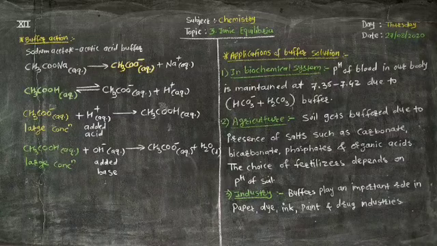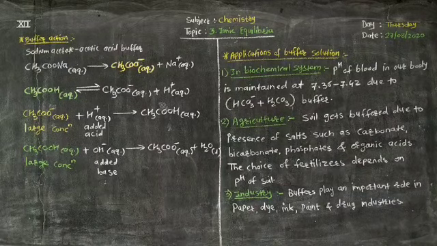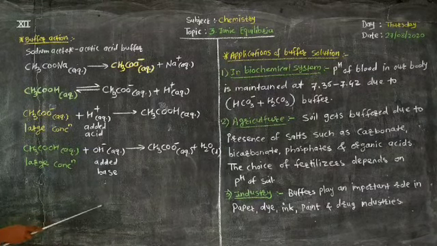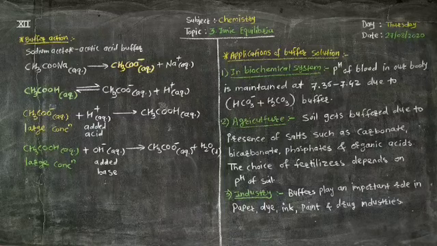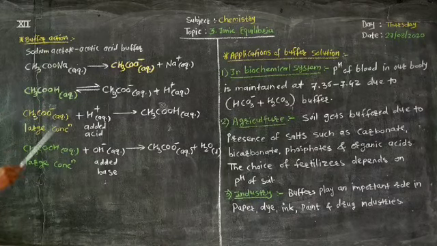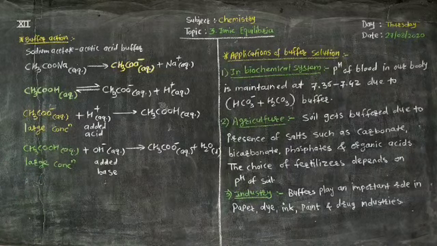This is because the concentration ratio terms in the Henderson-Hasselbalch equation remain the same. The Henderson-Hasselbalch equation says that pH is equal to, the formula we studied before this, that formula contains the terms of molar concentration of salt and molar concentration of acid. As those terms are not going to change, there is no change in the value of pH, even if we add a small amount of acid or base to it.